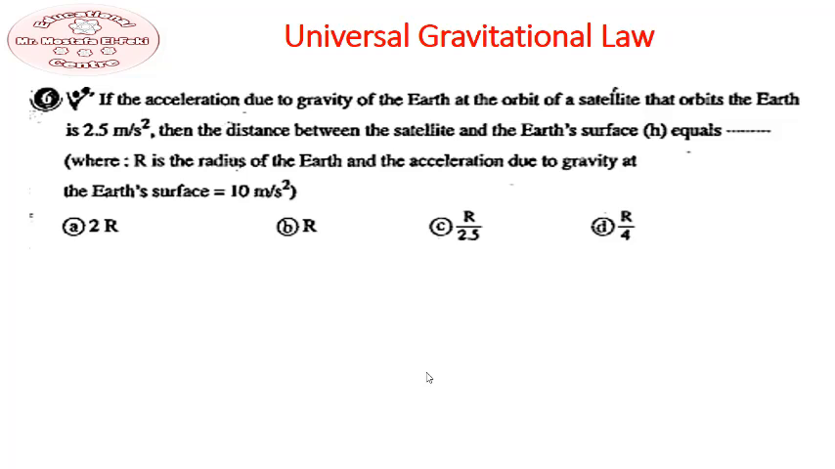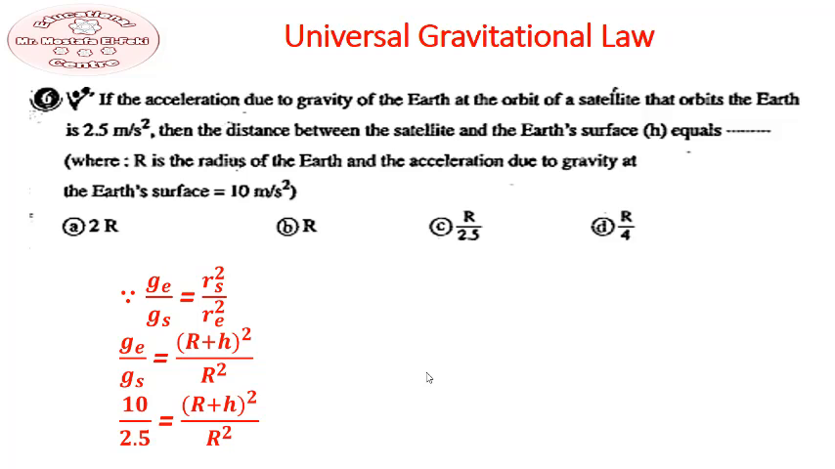If the acceleration due to gravity of the Earth at the orbit of a satellite that orbits the Earth is 2.5, then the distance between the satellite and the Earth is. Let's make the ratio between the gravitational acceleration of the Earth to that of the satellite, which is inversely proportional to the radius squared divided by the radius of Earth squared. Then the relation equals the radius of the satellite (r plus h) to the power of 2 divided by the radius of the Earth. Substituting the numbers, then